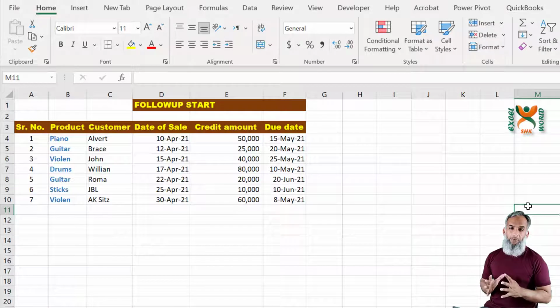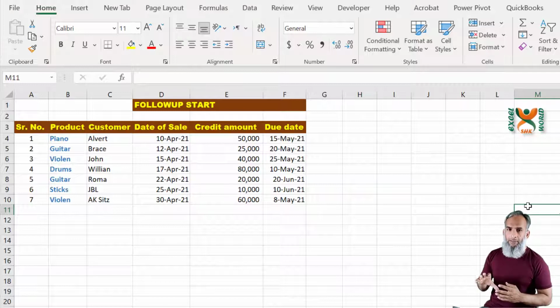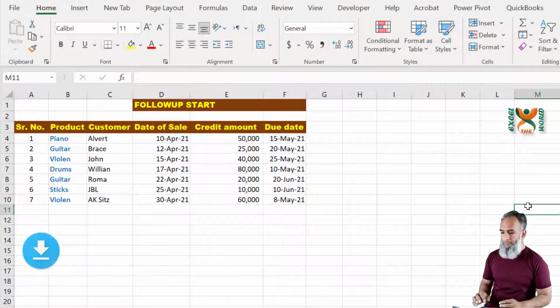So guys, today we are working on a very interesting item. Yes, conditional formatting. As you know, conditional formatting can be very helpful, especially when you do not want to filter out your results using a pivot table or the drop down filter or any other filter. You want to see the complete list and you also want to see the critical items highlighted. So jumping straight to our exercise, you can download this file from the link given below in the description and you can start right away with me.